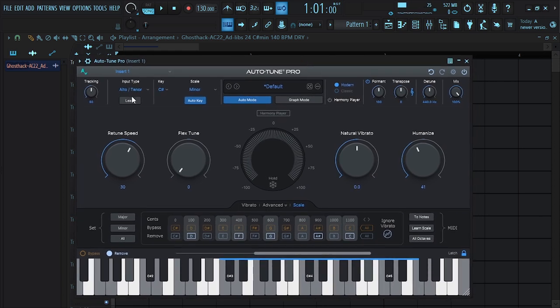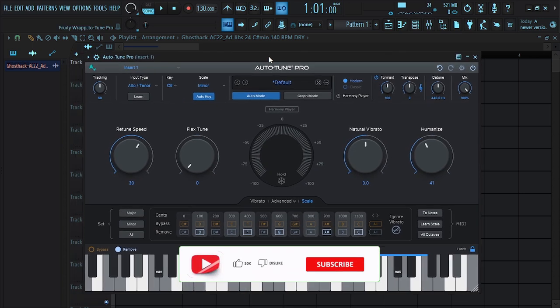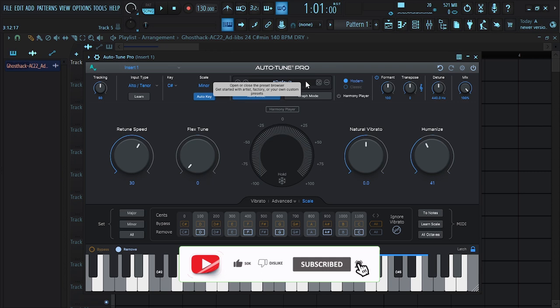You can play with the input type, and one thing I like about Auto-Tune Pro 11 is that you can click on this learn button and this is gonna detect the input type automatically for you. But we're not gonna do this in this video, so watch the next video to know how to use Auto-Tune Pro 11 to